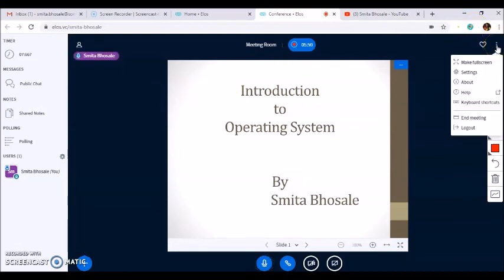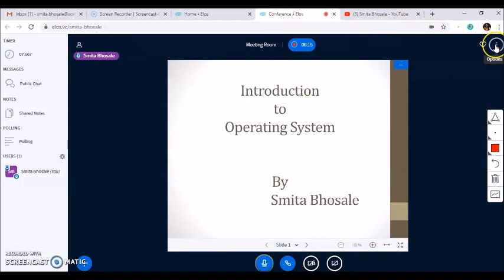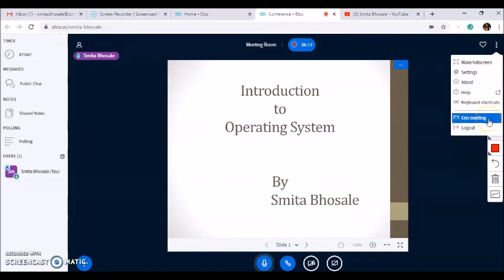At the right hand side corner, again there are different options to make your screen full. Different settings are there. You can also click on about. Help is provided. Some keyboard shortcuts are also provided, for example, Alt O, open option, Alt U, toggle user list, etc. And then you can also end meeting, and you can use the option of logout.